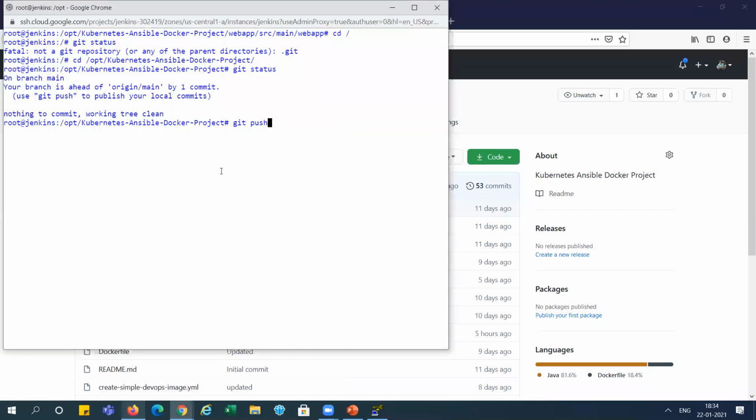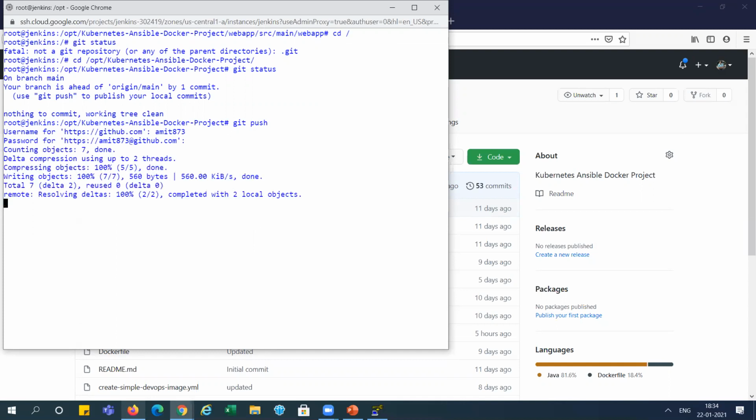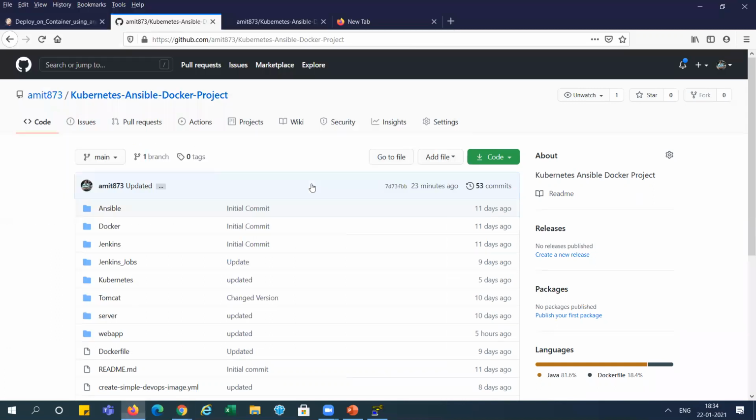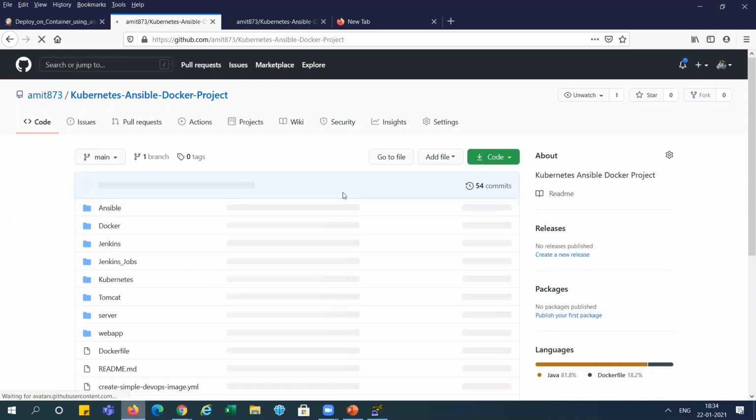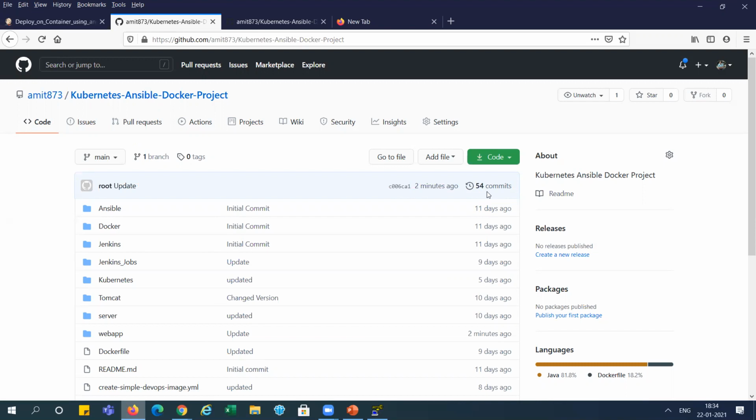Let's do it. I'm pushing it. It is asking for the URL and my credentials, so I'm giving them. It is successfully done. You can see 53. I'm just refreshing it. You can see here 54, right?